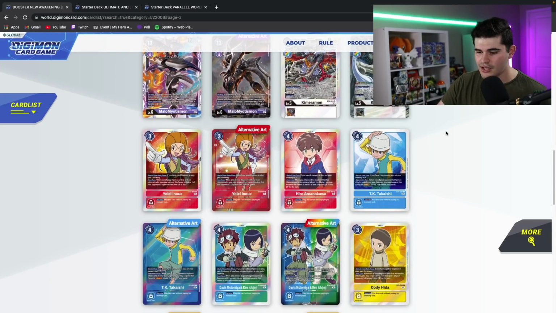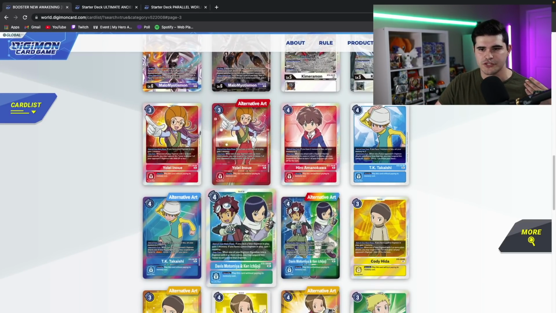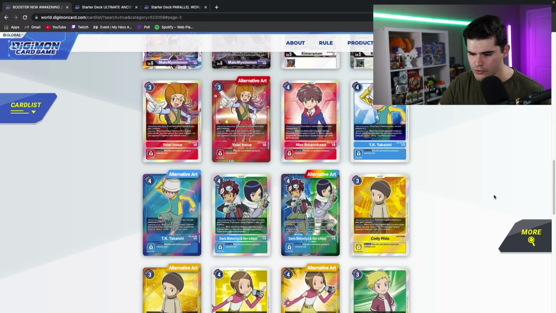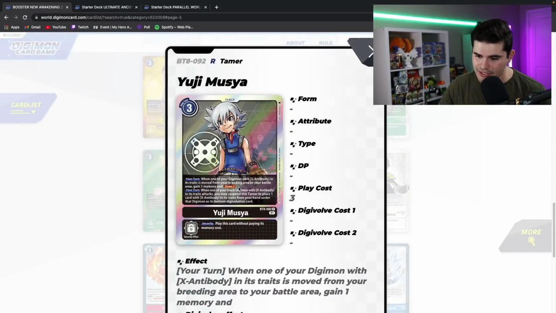Of all the Tamers that are coming out, I would say Davis and Ken are the most powerful, but ones that I'm excited to actually test with are Hero and Cody, because I think the interactions these cards have with Yellow Hybrid, Red Hybrid, or certain other Tamer-based decks is really cool. I would say Kari Kamiya is a nice inclusion for anyone who is starting the game and doesn't want to go back in time and get TKs from set 1, and of course, Yuji is a crazy card for X